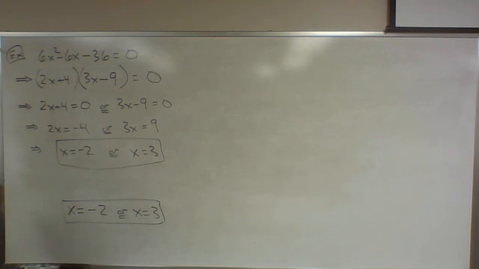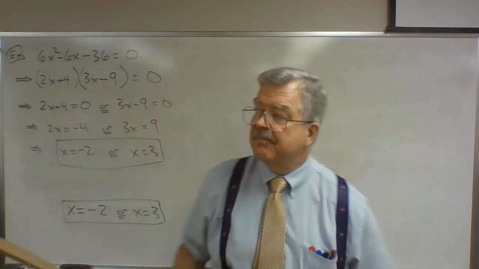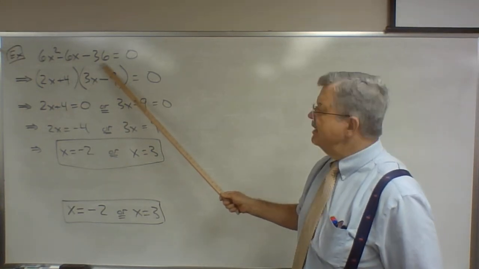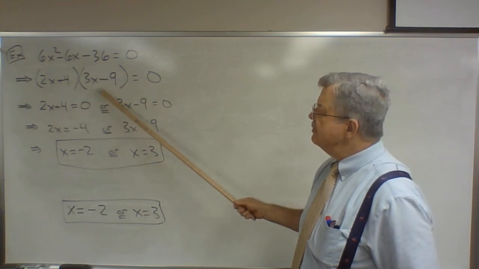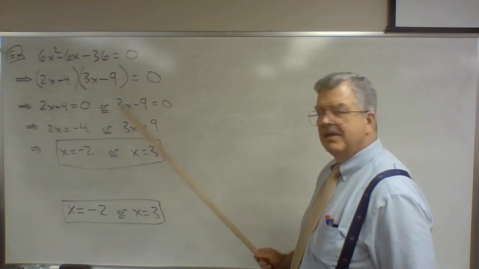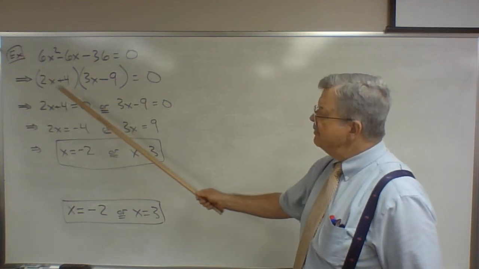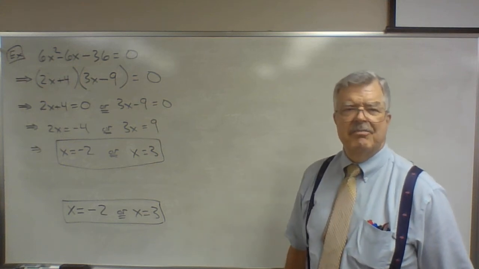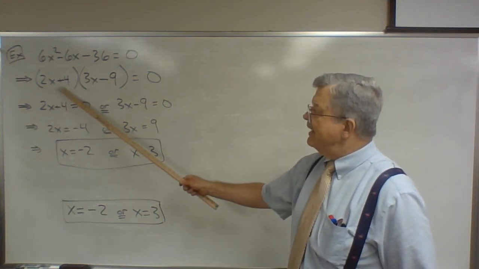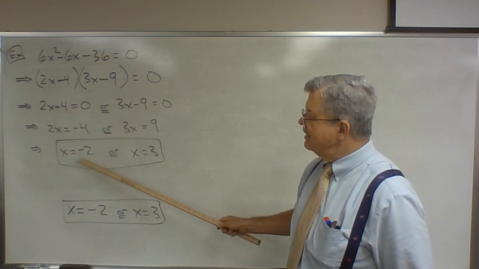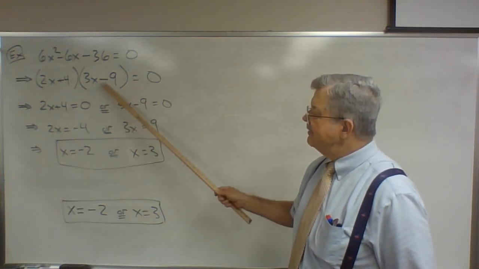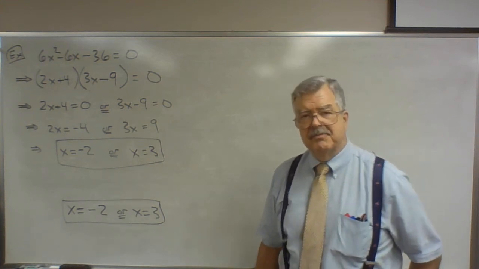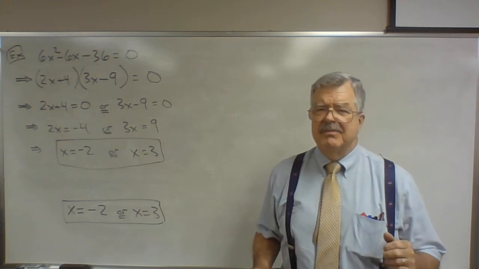But notice what's going on when we factor. When we factor the left-hand side of this quadratic equation, we get the product of two factors equal to 0. One of these two factors must be 0 by the zero factor property or the zero product property. If this factor is equal to 0, we get x equal -2. If this factor is 0, we get x equal 3. Two distinct solutions. So in general,